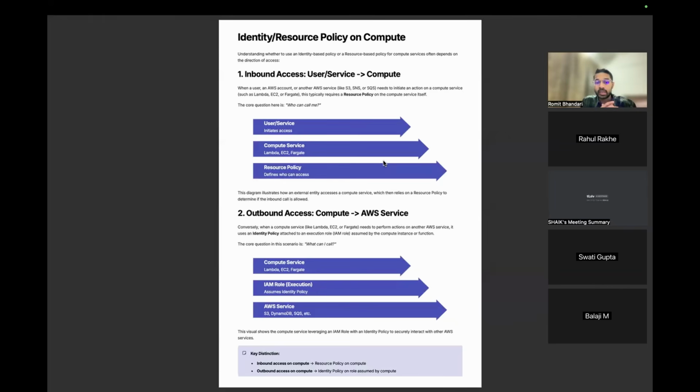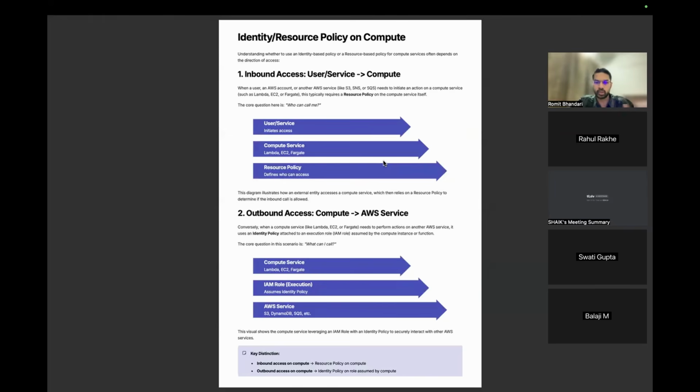This identity policy would be attached to an execution role here, because the compute is trying to access another service. What would the execution role contain? This execution role should have permission for this service, which is trying to access the other service, to assume the role. So first the role assumption and then the actual permission to access that other service, which could be S3,